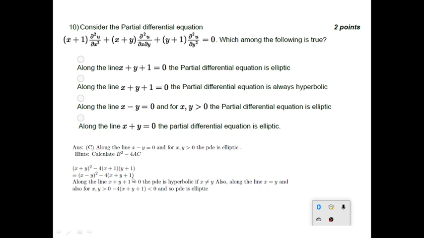So hope you are getting this value, x minus y whole square minus 4 into x plus y plus 1. Okay, so from here you can see, if you put x plus y plus 1 is equals to 0, the PDE will become, if this value is 0 and